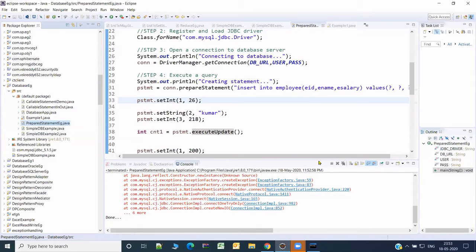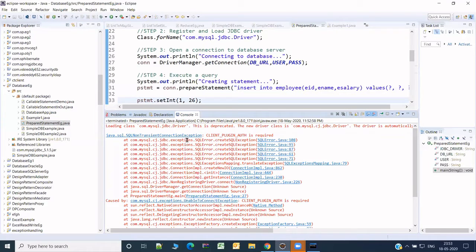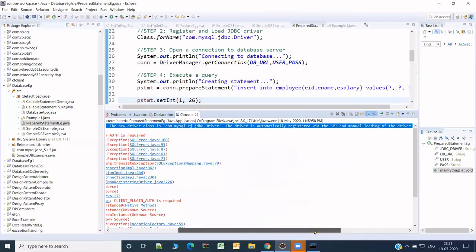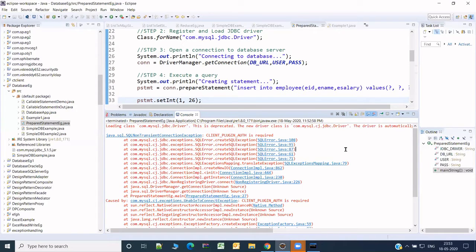Fantastic. So we are getting an exception. It is telling that loading class com.mysql.jdbc.Driver is deprecated, and the new driver is automatically registered. So basically I understand that there is a problem in the driver.